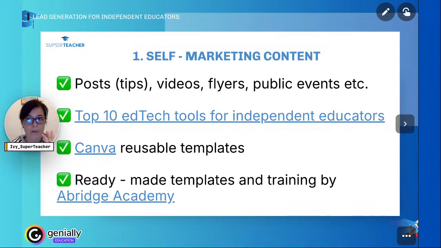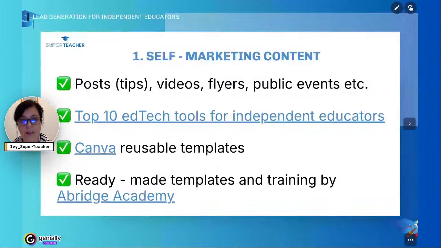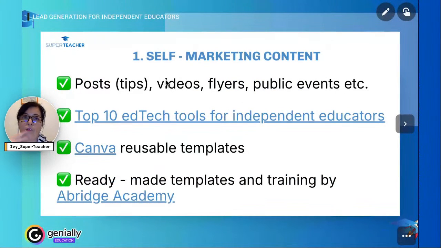So how you can go about this is from hard to easy. The hardest is if you want to watch my series called Top 10 EdTech Tools for Independent Educators, and then try to learn. It's not funny at all, I know. I have to edit those videos because they're too long, honestly. No matter everybody saying they're great and they bring value, I'm aware every video tutorial I make is around an hour. So I will try to make shorter versions. But yes, here is a link of the top 10 EdTech tools for independent educators.